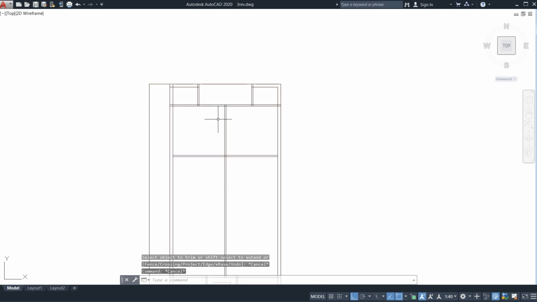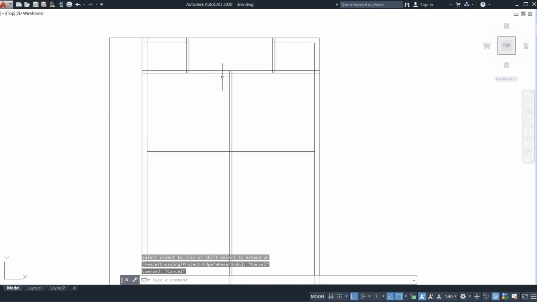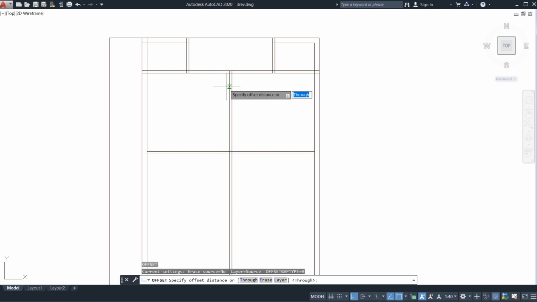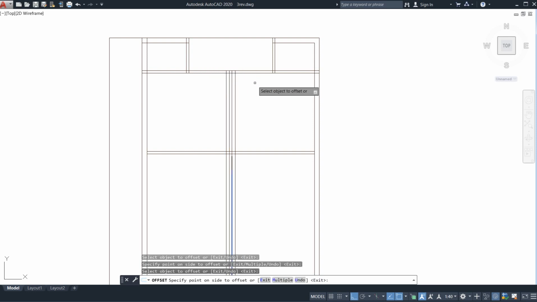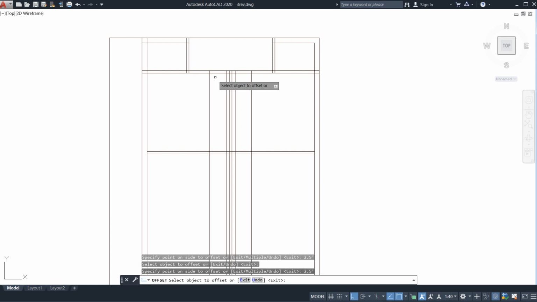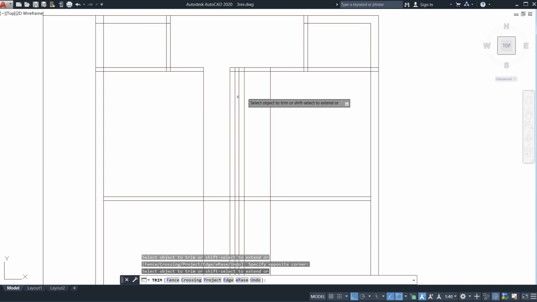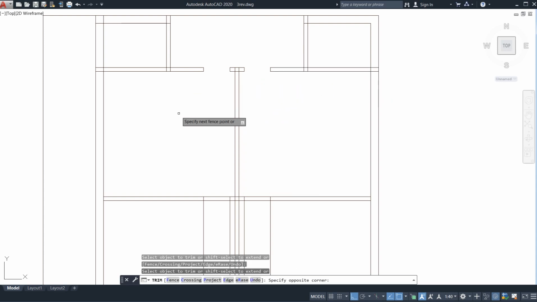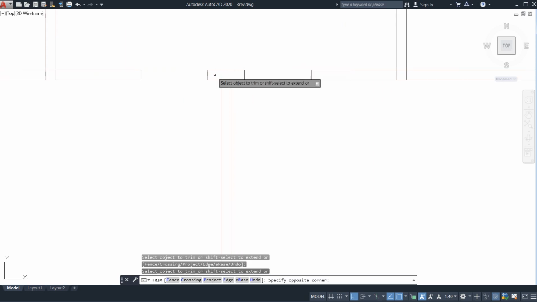Now what I need to do, now I need to give some door so that I can go outside also. This is my gallery, rear gallery. Go for offset of 6 inches from both the sides. Now I can place 2.5 feet of door from both the sides. After that, just go for trim command, just trim it, both this, like this you need to trim. Do not make hurry, just pleasantly, and make the plan as per Vastu, because Vastu is much more important.